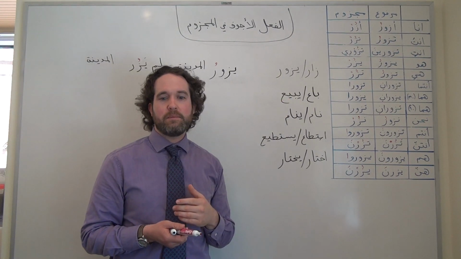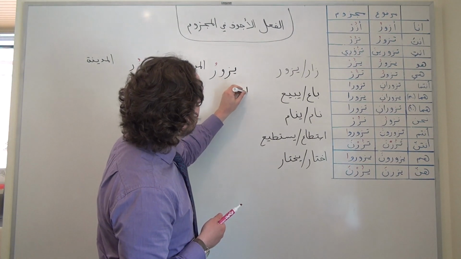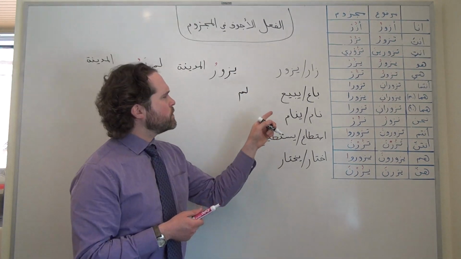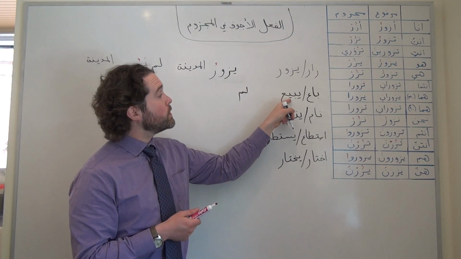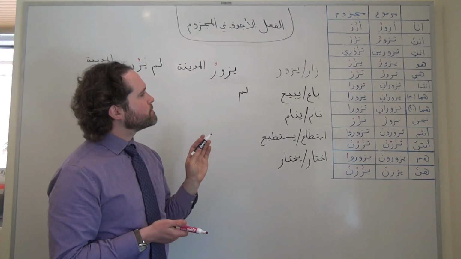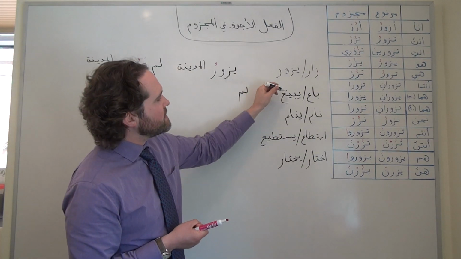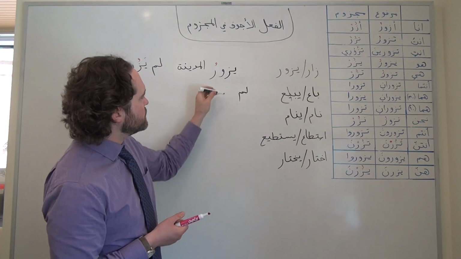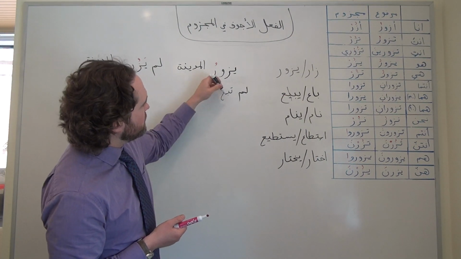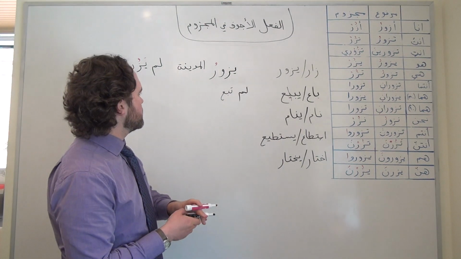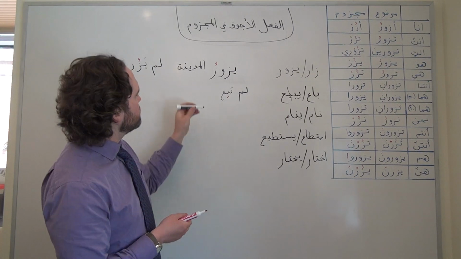So if we wanted to say, she didn't sell the car, we could say lam, and then tabi'a with a long ya would be the marfu'a conjugation, but we would have to take that ya and drop it and add a little kasra instead in majzoom. Lam tabi'a